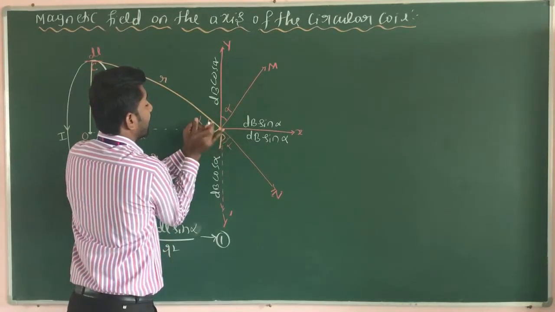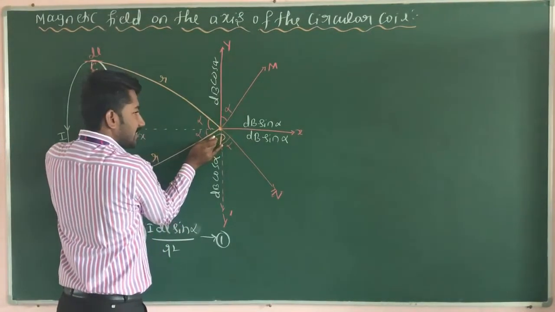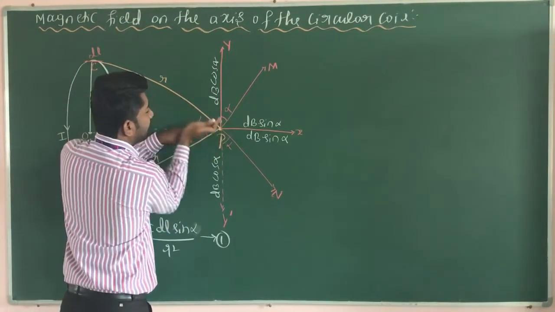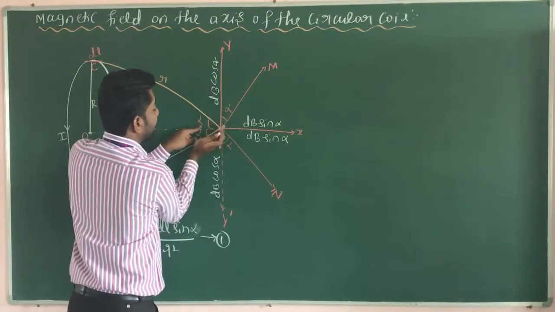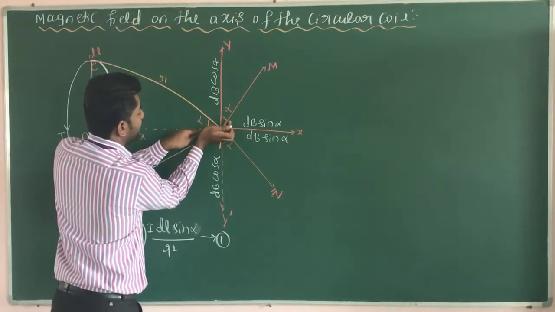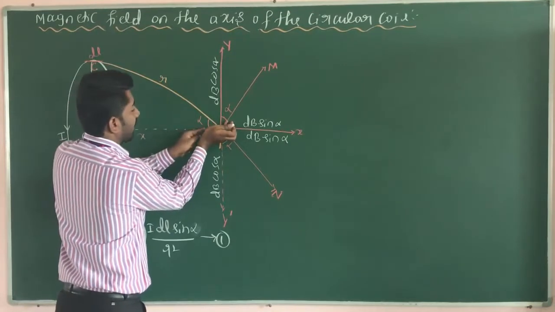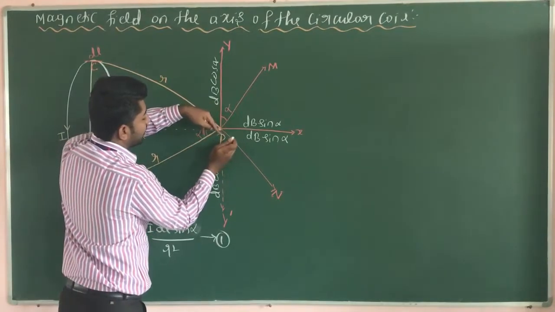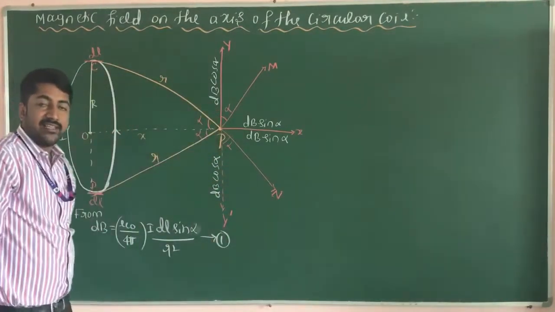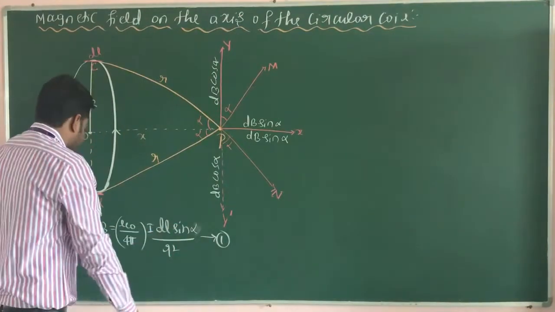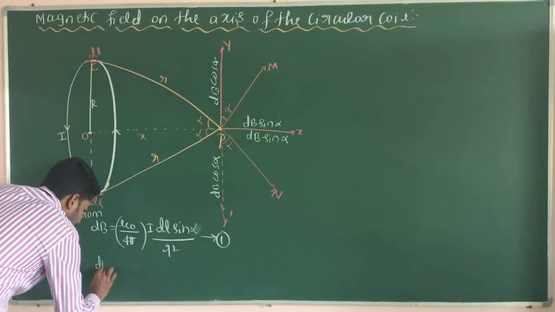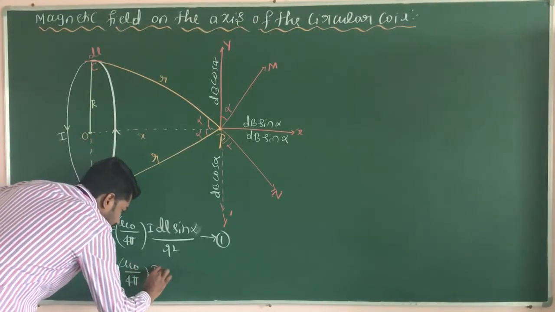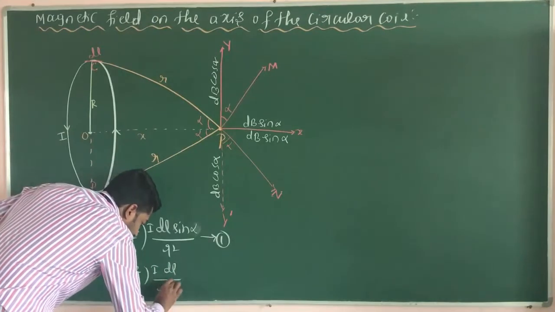The magnetic field at a point P due to the current element C, or due to the small current element dl, has theta equal to 90 degrees, and it acts along PM. The angle between these two lines, from the axis of the circular coil, is theta equal to 90 degrees. When theta is equal to 90 degrees, you get this equation: dB is equal to mu naught divided by 4 pi, then I into dl divided by r square.